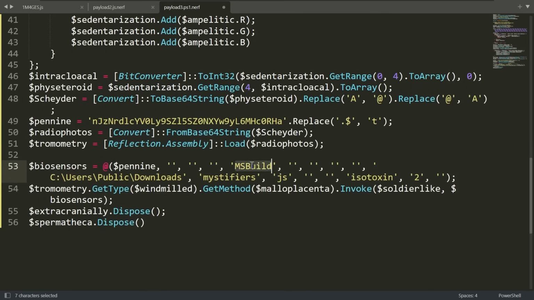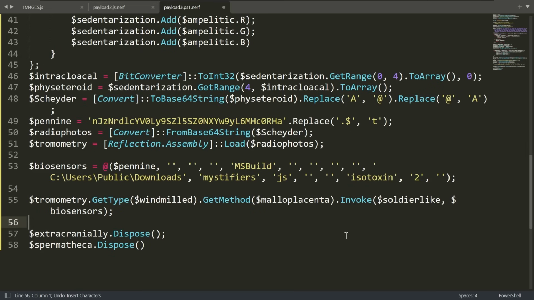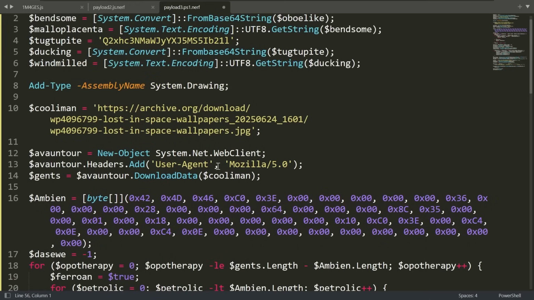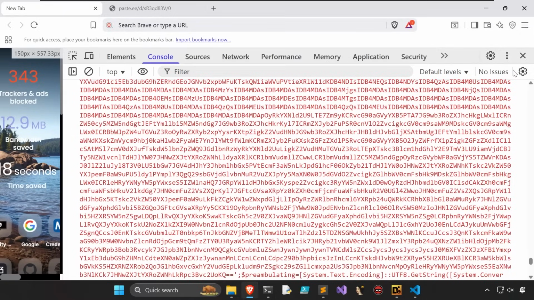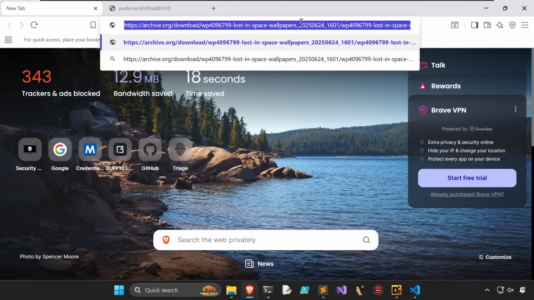Interesting strings here: ms build, C users public downloads as a path, mystifiers, JS, isotoxin, and 2, and we can make more sense of those arguments later once we extract this next stage. But you can see these are the steps for it to extract another payload out of an image file, genuinely hosted on archive.org. So let's get back to our web browser and now try to go access that JPEG file,